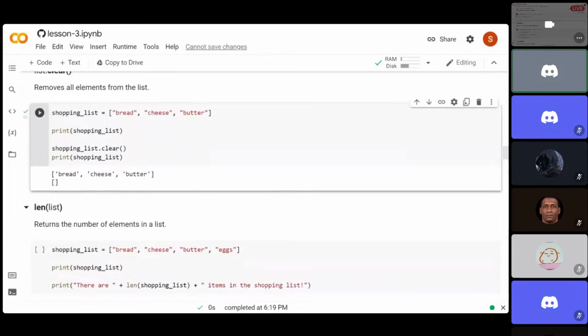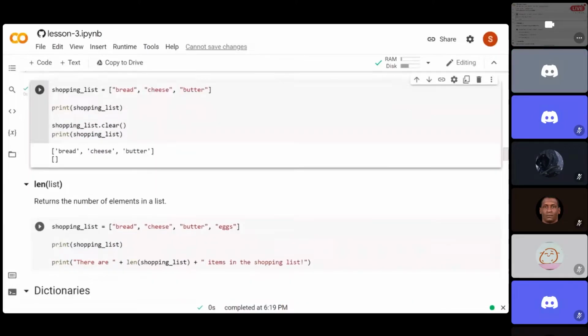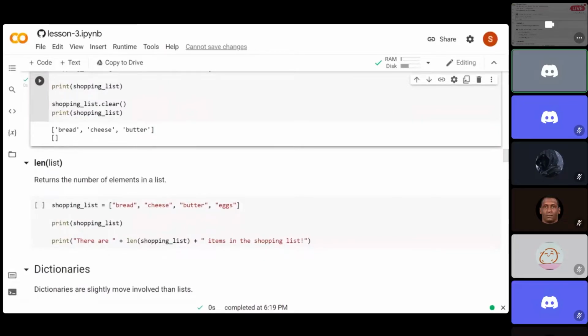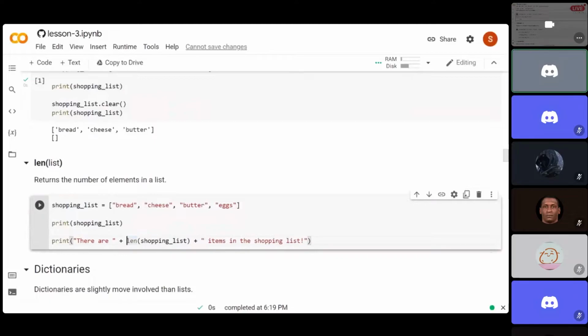Now, let's say we want to work out how long the list is. How many pieces of data does the list have? Then we can use the len function. So again, we've defined a shopping list. This time it contains 4 items. Let's say we want to print a statement saying how many items there are in the shopping list. We can formulate this statement: print there are, and we're adding len shopping list. So this will tell us how many items are in the shopping list. So if we run this,